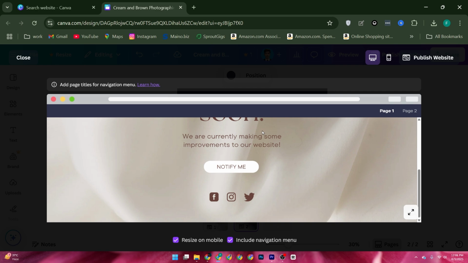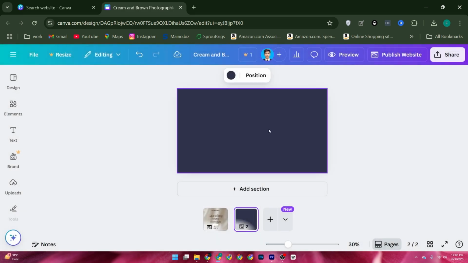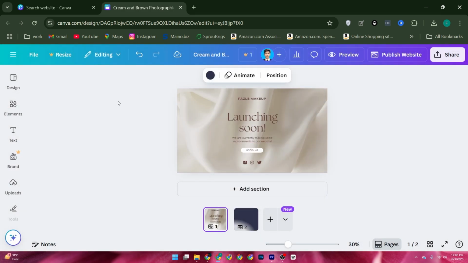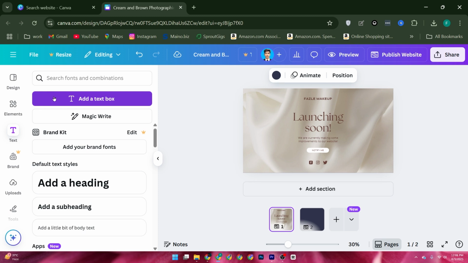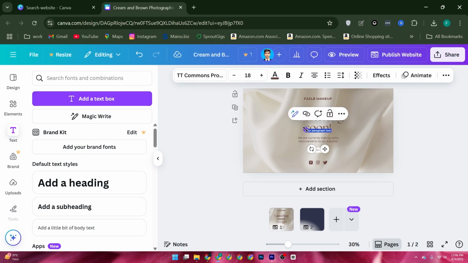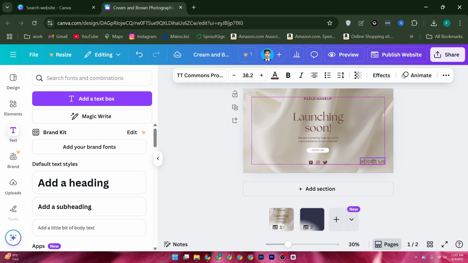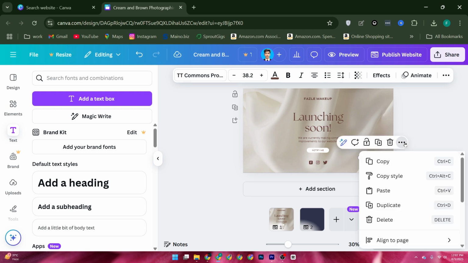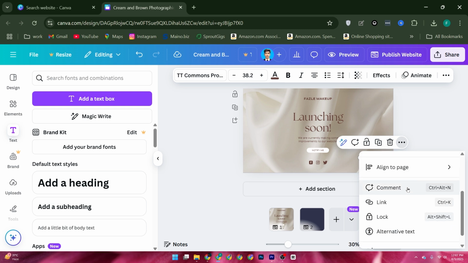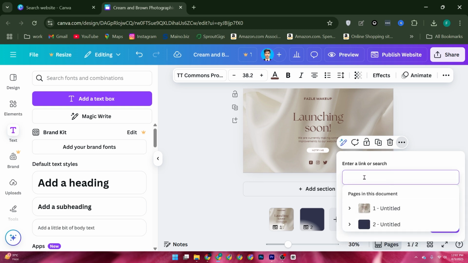Once you're happy, go back to here. From here, go to text, then click add text. Now type home or about us, then adjust the text. Now click the three dot icon, click links, enter your link from